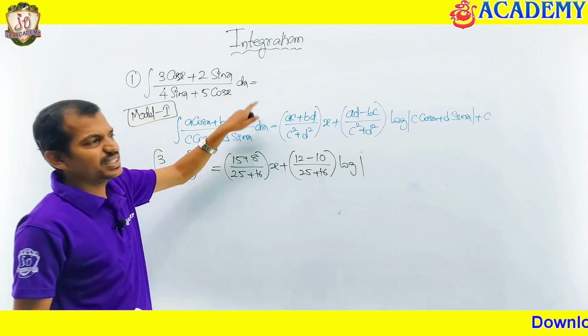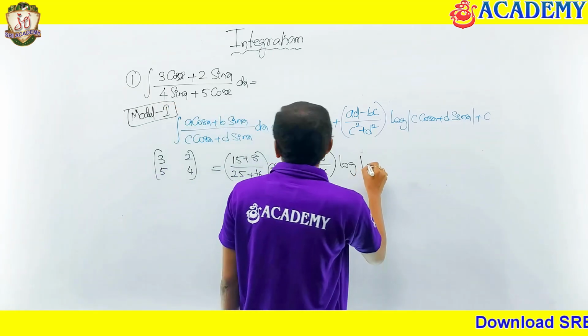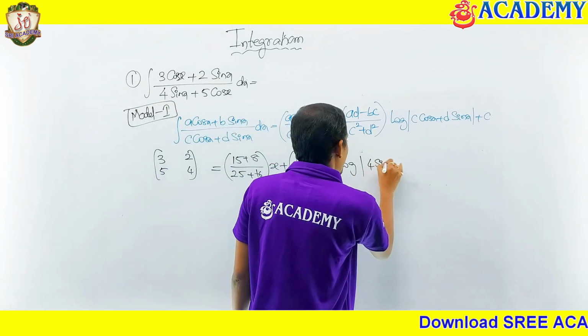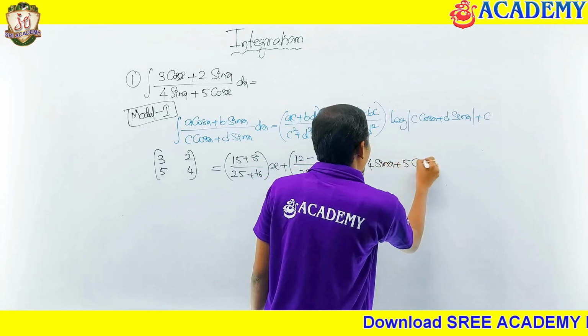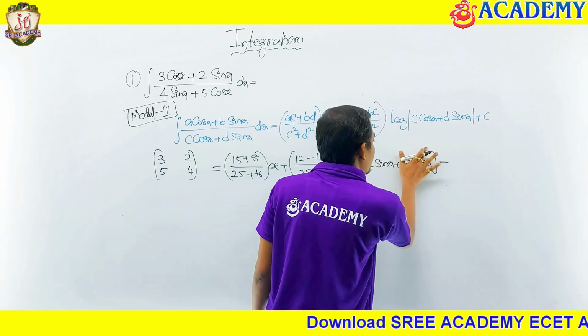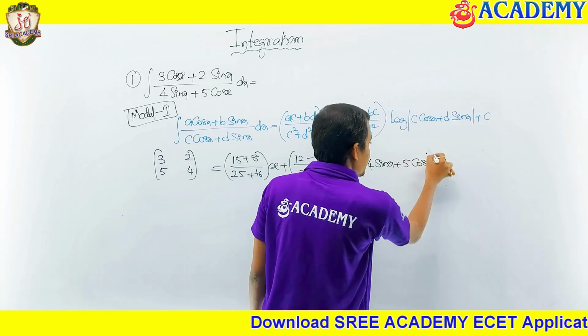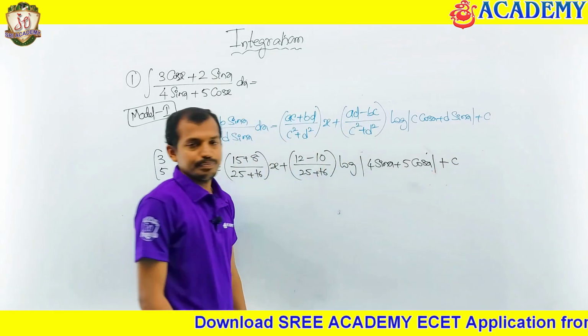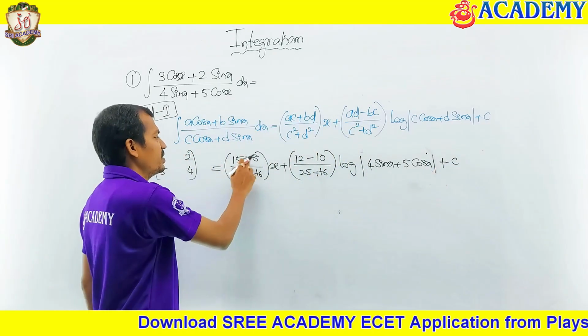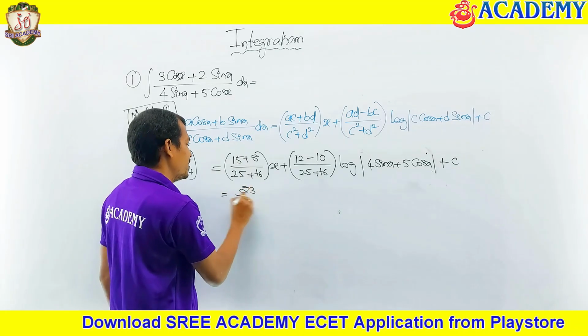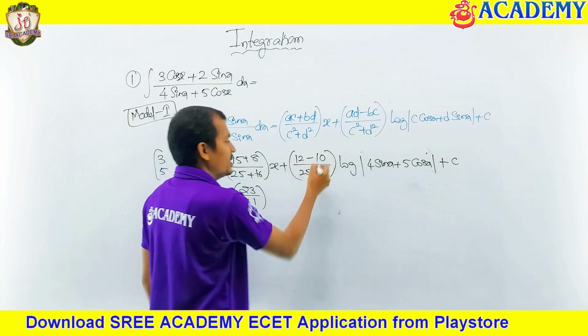Whatever the denominator is, you are going to get that, that is 4 sin x plus 5 cos x, or 5 cos x plus 4 sin x, you can also write, in mod. Now the answer is going to be 15 plus 8, that is 23, divided by 41 this, and this is 2